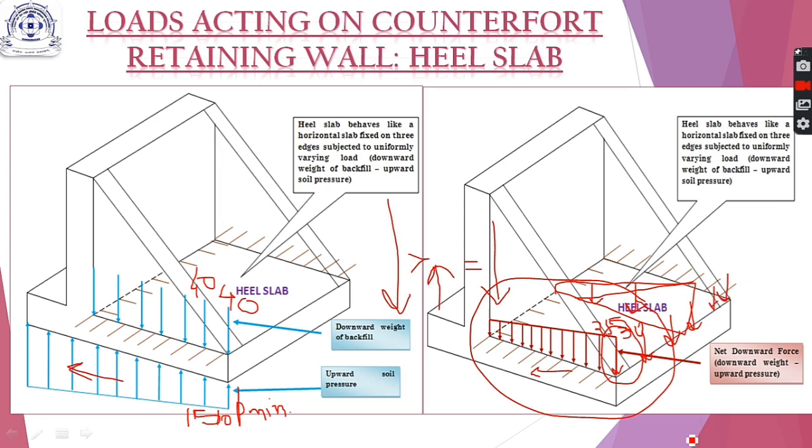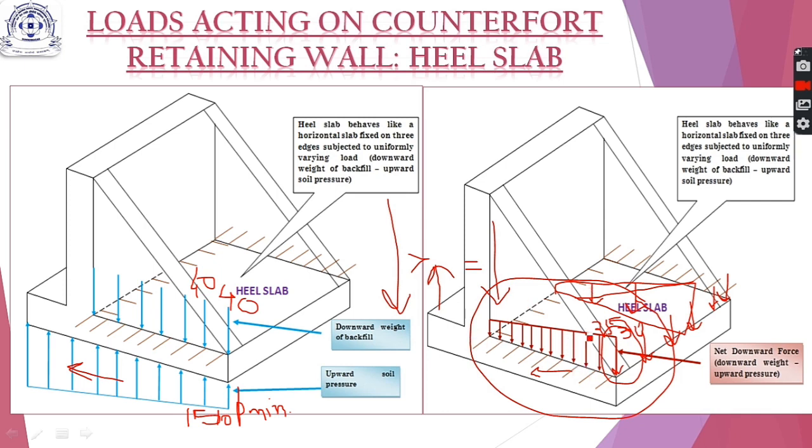So I hope it is clear to you what is the action of your heel slab. And one other thing, as in the case of the stem, the heel slab is also supported on 3 edges. This is the edge of the heel slab supported on the stem. This edge of the heel slab, which was earlier not supported, but now it is supported by the counterfort here, and this edge is also supported by counterfort. Therefore heel slab also behaves like a slab fixed on 3 edges and subjected to uniformly varying downward load, which